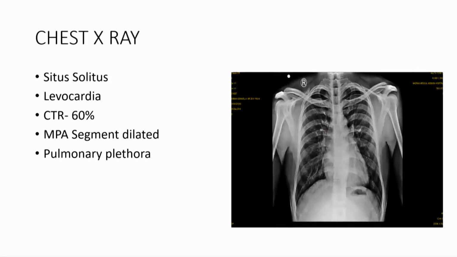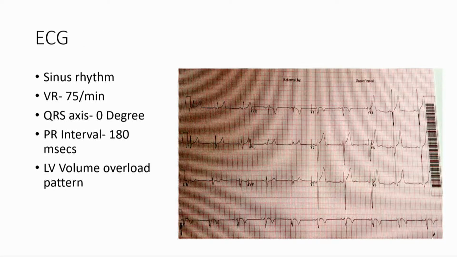X-ray shows situs solitus, levocardia, CTR of 60%, main pulmonary artery segment dilated and pulmonary plethora. ECG shows sinus rhythm, ventricular rate of 75 per minute, QRS axis of 0 degrees, PR interval 180 milliseconds, LV volume overload pattern. On echo,